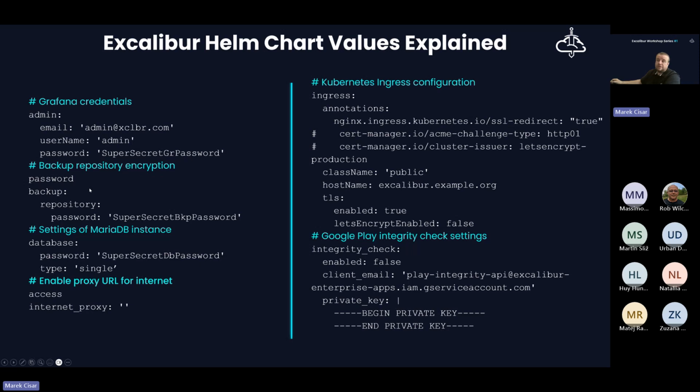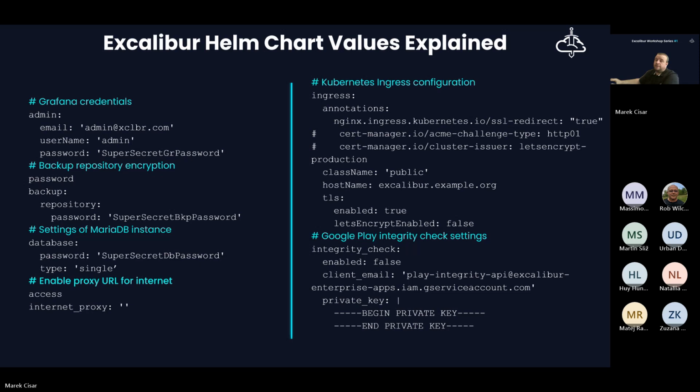I forgot to mention that within the Excalibur SAM application stack, there is also a component which is taking care of the backups. You can configure the integrated backup solution so that it can take snapshots or dumps of the application database, but it can also back up the session recordings and transferred files during the PAM sessions if necessary.